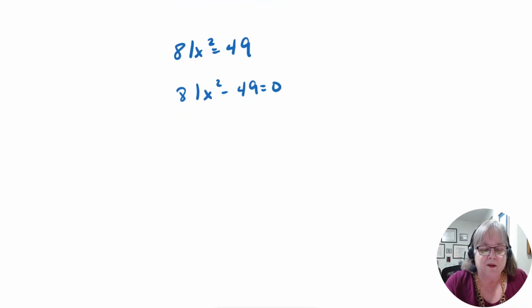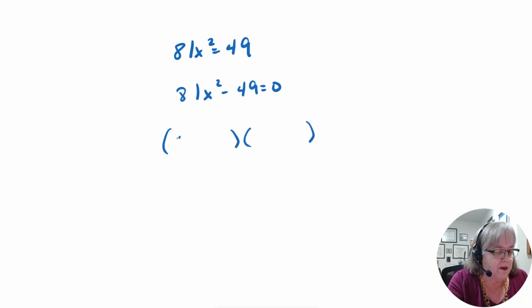And so you would go, oh, this is the difference of two squares, right? This is that conjugate thing again. So what did you square to get 81x squared? You squared 9x, and that goes in the front. And what did you square to get 49? 7. So 7 and 7. And the idea that these are conjugates, and it's spelled like this,